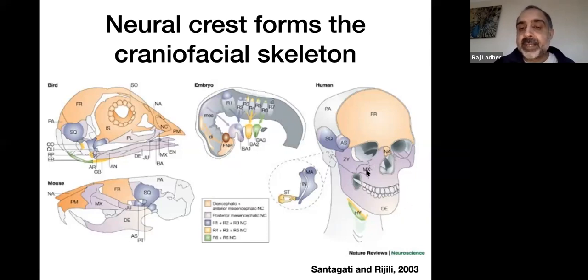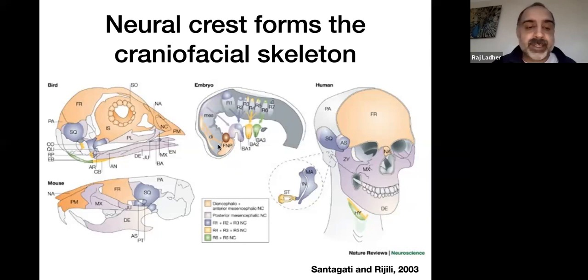You have things like the maxillary and zygomatic bones, which are formed from neural crest that comes from here. The dentary, which is coming from branchial arch 1. Hyoid, the support structures for the respiratory system, are coming from different